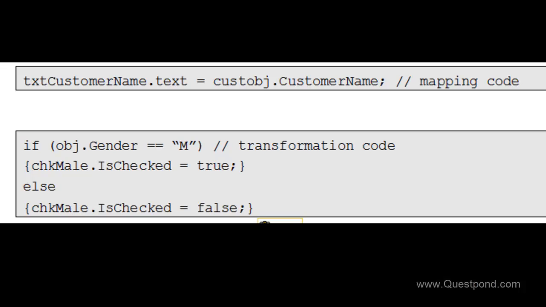But now the biggest question: who owns this binding logic and transformation logic? If you ask any .NET developer where they will put this logic, the answer is code behind. Now when I say code behind, a UI code behind, that means it becomes a part of the UI. Is this the responsibility of the user interface? What is the responsibility of the user interface? The responsibility of the user interface is look and feel, styles, positioning. The responsibility of the user interface is not to send and receive data, not to have this kind of transformation code. So let me show you a simple example, and then I will go to the root problem,